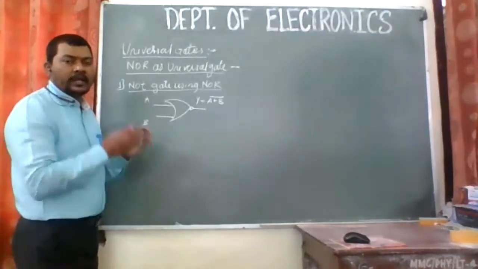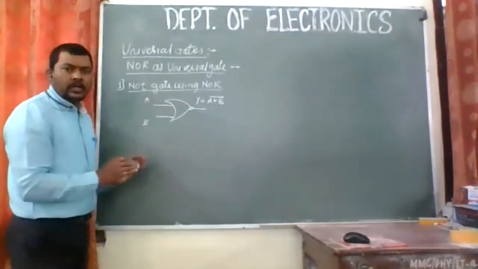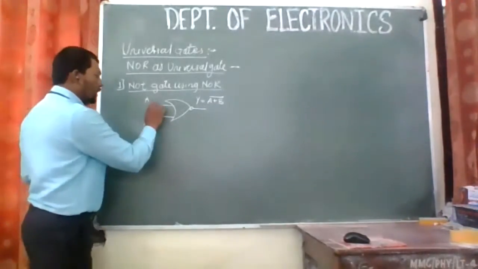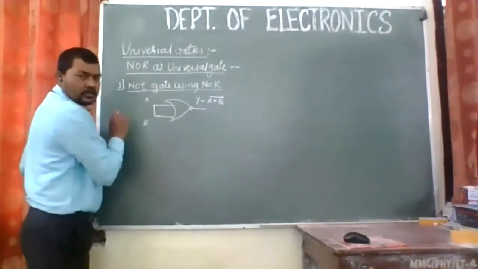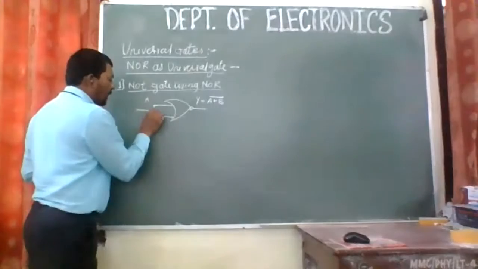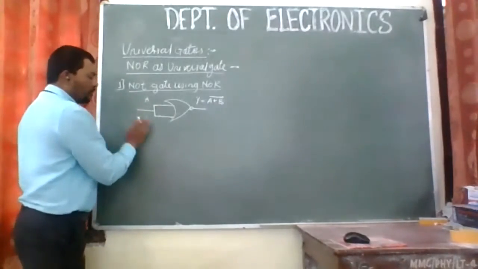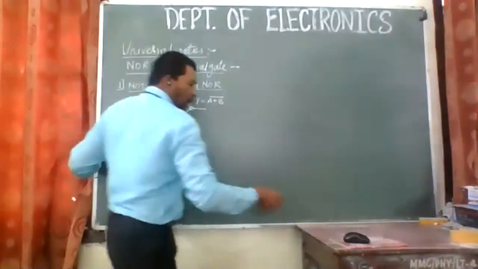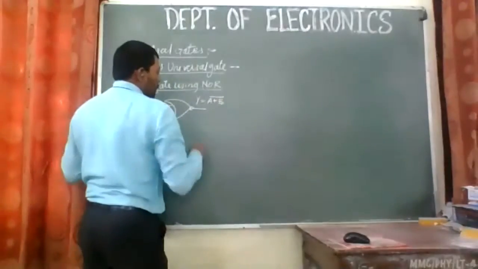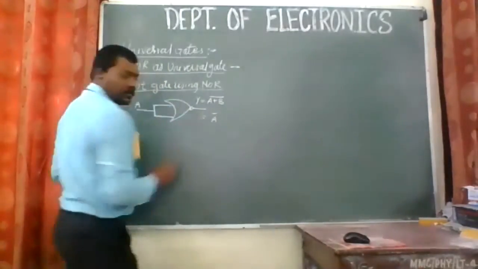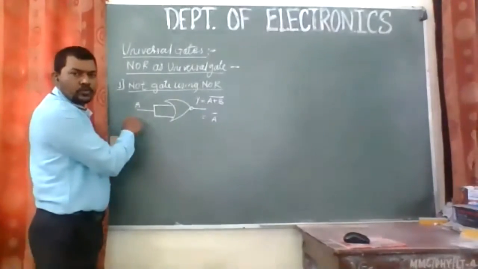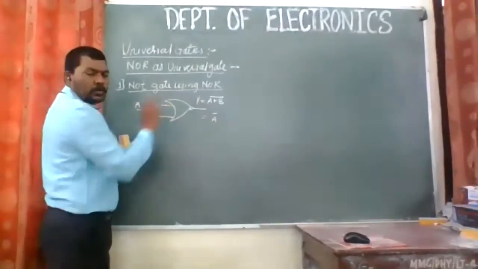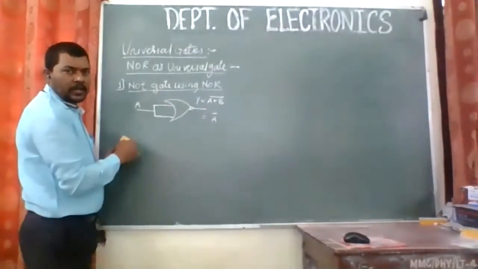Now, how will you convert this gate into a NOT gate? In a NOT gate there is only one input and one output, right? So what I am doing is joining these two input terminals and taking it as only one. I will have A as the only input, and at the output it will change to the complement, which implies that whatever you give is given to both the inputs, and accordingly the output is going to be the complement of that, right?